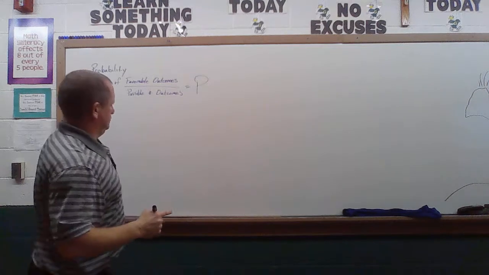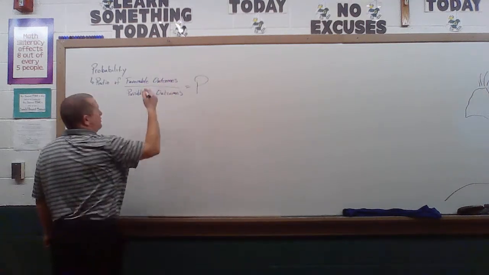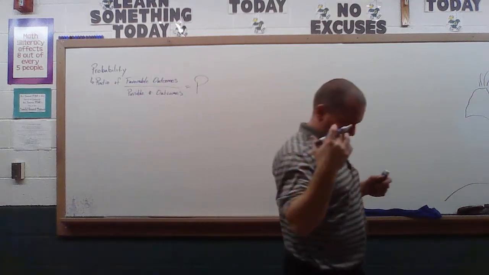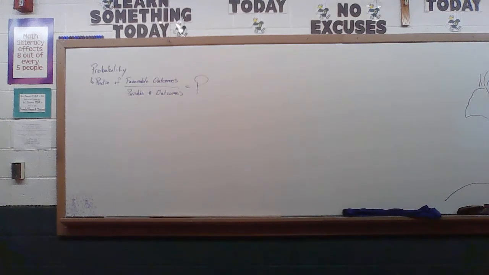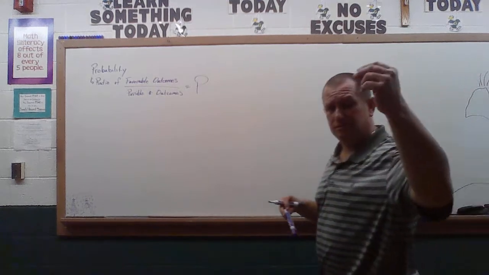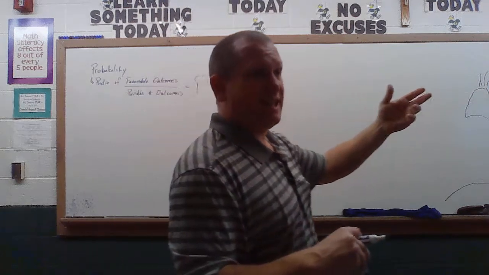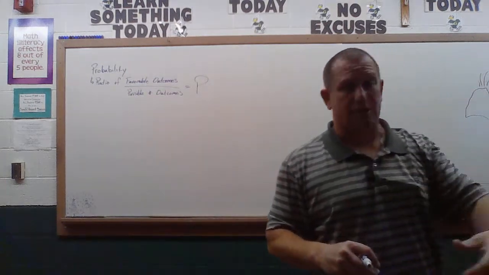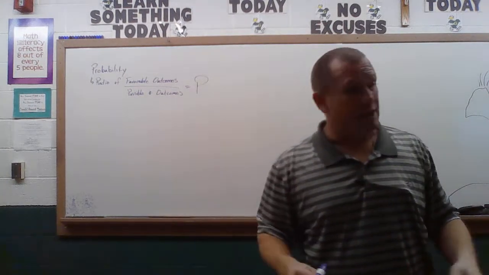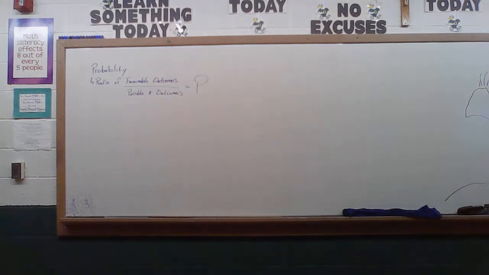So when we're talking about this, an outcome is just me doing whatever we're talking about. So an outcome would be me picking out a jelly bean. All right? So what's the probability that I get that green one? It would be 1 out of however many jelly beans that we had a chance on. But an outcome is me doing that however many times that I wanted to. Okay? So then we're going to talk about an event. And an event is that one simple time that we do this.